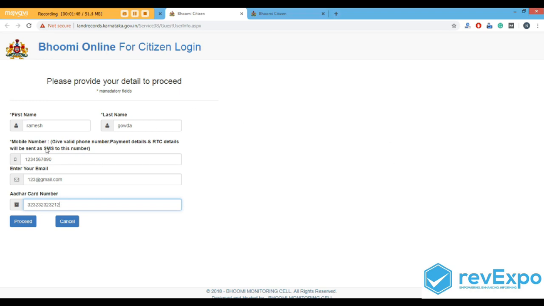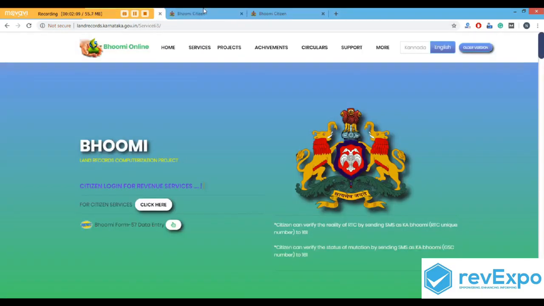This information what I have entered is for demonstration purpose, and you can click on proceed. Once the details what you have entered is valid, you will be getting an SMS. You can validate that particular details over here, and then you can start using the services provided by the Karnataka Bhoomi.